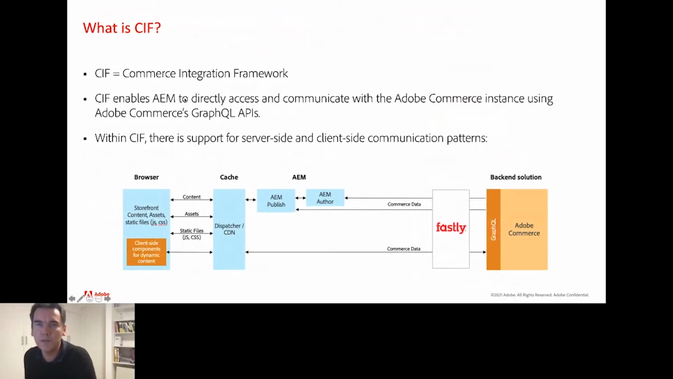So what is SIF? SIF is the Commerce Integration Framework. SIF enables AEM to directly access and communicate with an Adobe Commerce instance using Adobe Commerce's GraphQL APIs. This integration approach leverages the strengths of each application: the authoring, personalization, and omnichannel capabilities of AEM, and the e-commerce